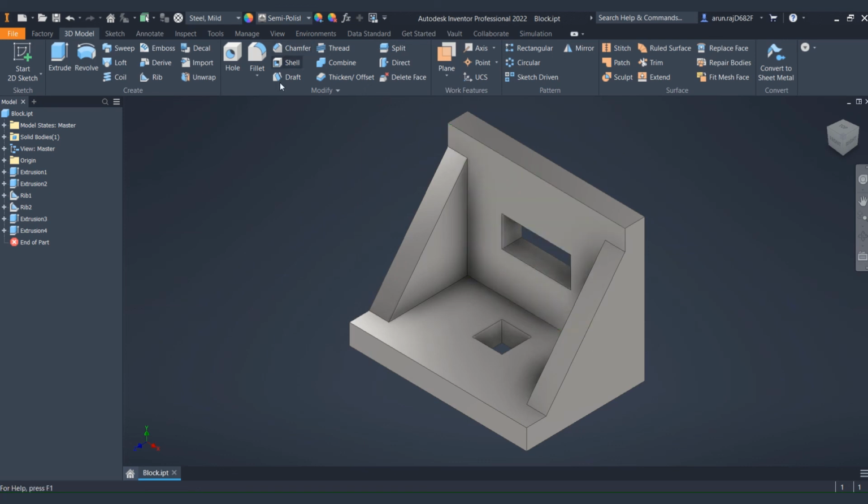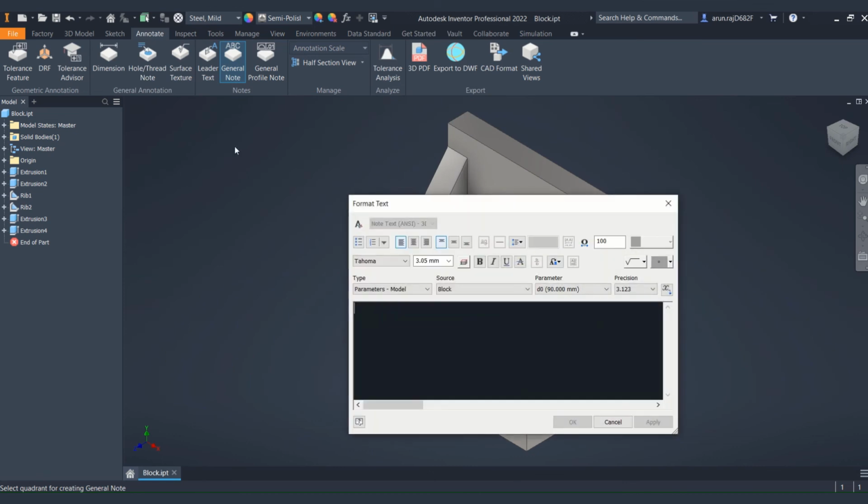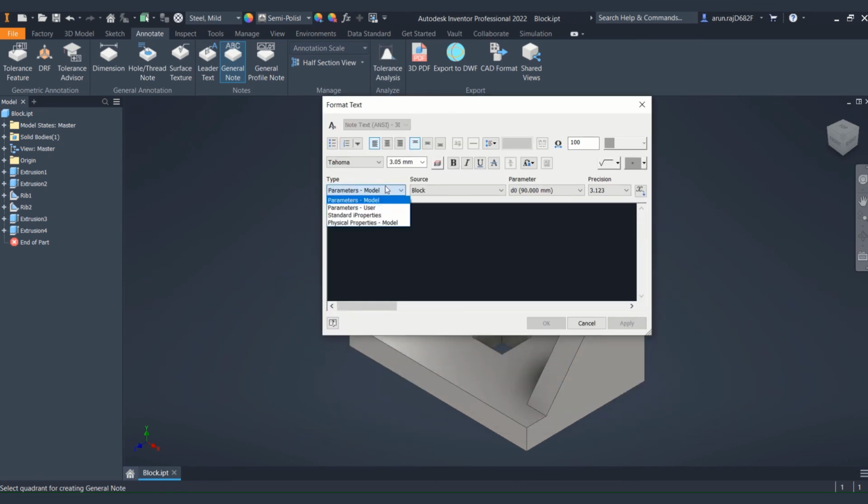And that is one thing which I always love to have, because I want to make sure all the information I'm getting is kept posted over here whenever there's an update. So I usually add a general note at this top, where I want to bring in certain material properties here. So let's say what material I have applied, and at the same time properties like mass, and sometimes I want to add the volume as well, and at the same time I want to add one more property like